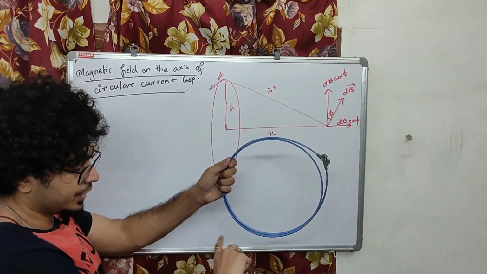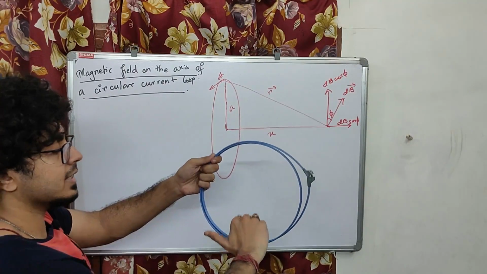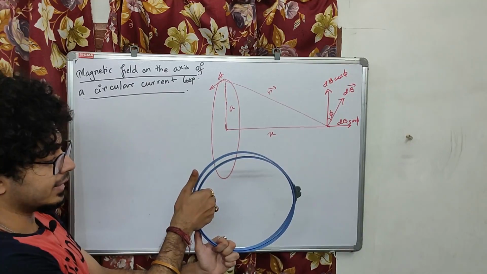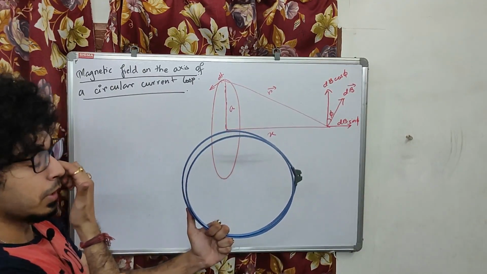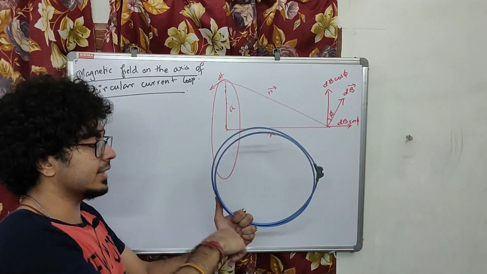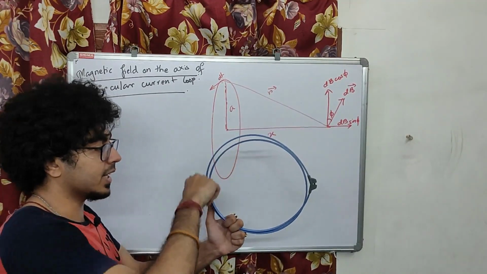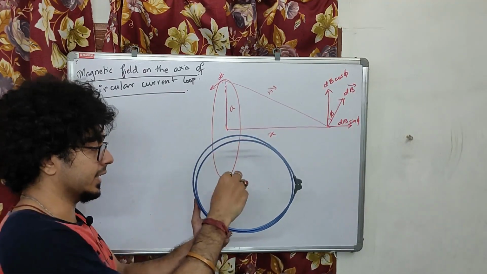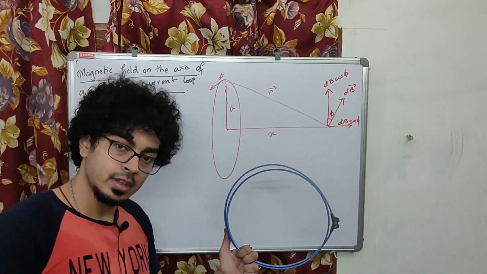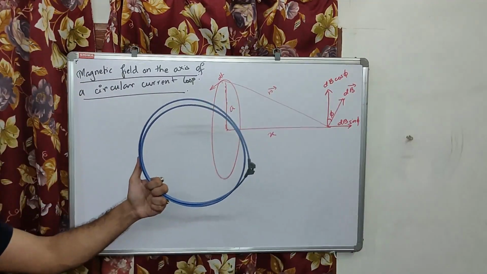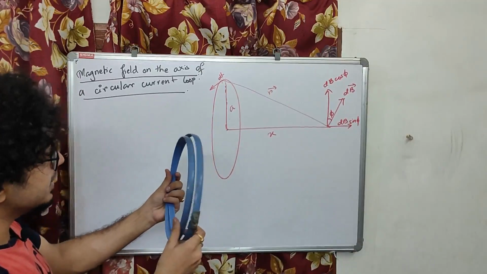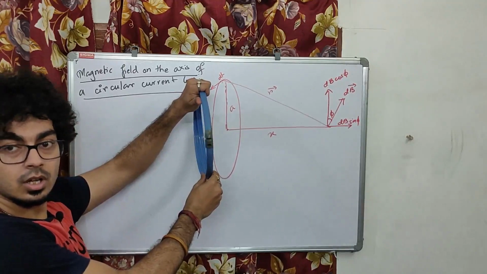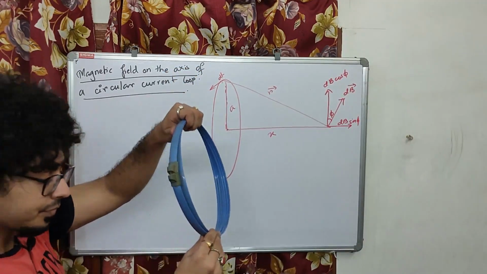If the current is flowing this side and you place your thumb like this, then the magnetic field will be like this. So ultimately, when the current flows like this, the magnetic field moves this side and curls again, moves this side and curls again, right? You can understand it in this way. So now you have to find what will be the magnetic field at this point due to a current carrying loop. Got it? Now this is the scenario.